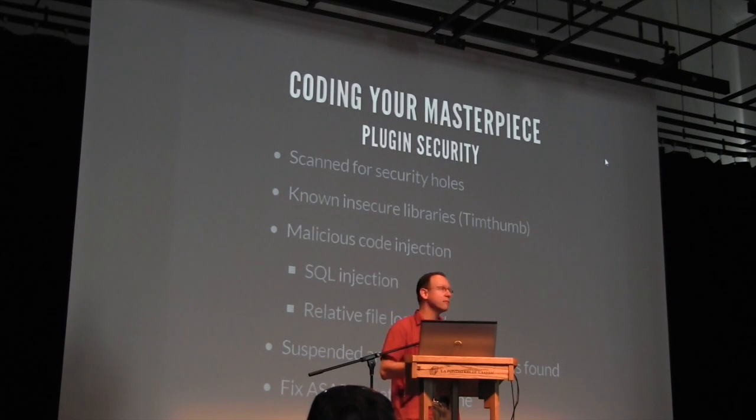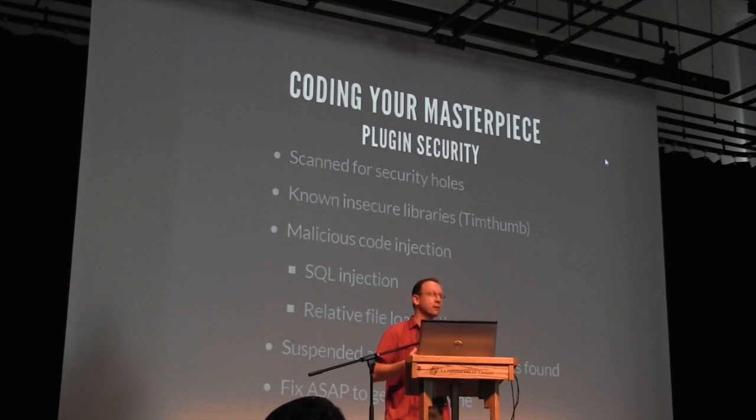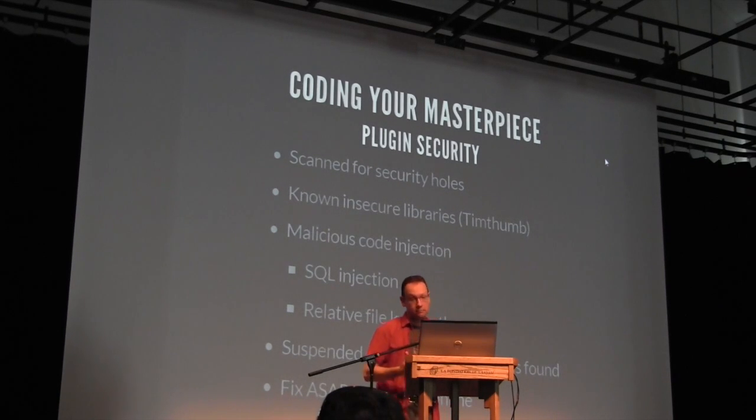The other one could be they're looking for things like malicious code injection. So if you're doing any kind of database access, are you properly preparing your queries? Are you making sure that you're getting valid input? If you're loading external files and using relative paths, they're going to come down on you because, well, if your plugin is not in the default plugin installed directory, the relative path won't be the same, and an attacker could take advantage of that to be able to compromise your plugin. So there's a lot of things to consider as you're writing your code, and you should be mindful of these things as you're creating your plugin, but also on the WordPress side, they try to catch these things and let you know.